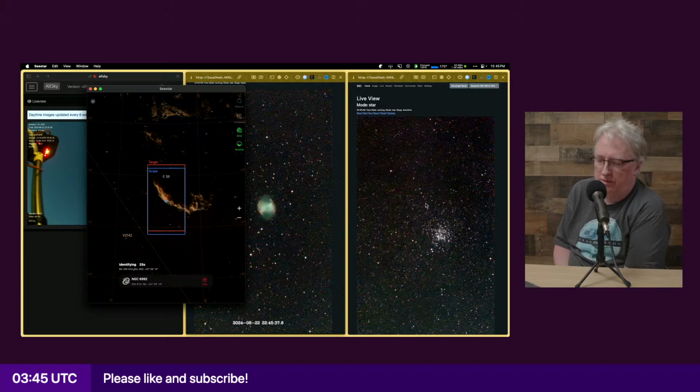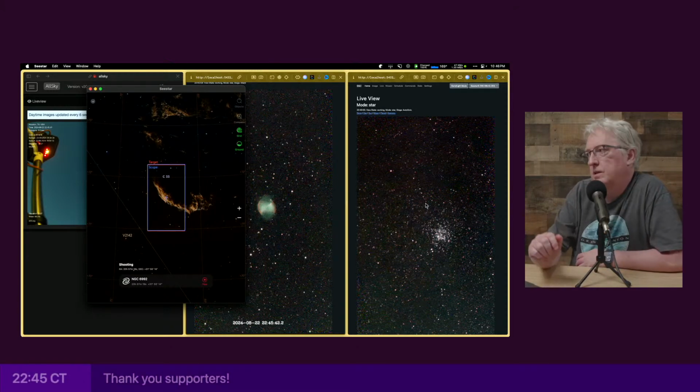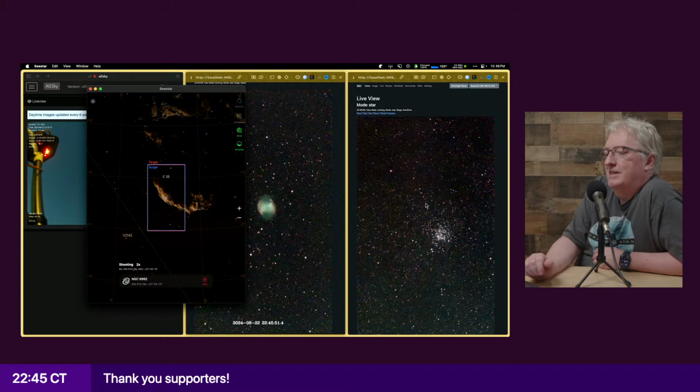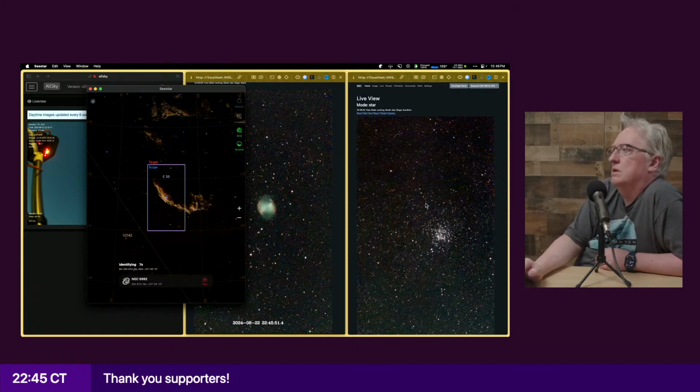That's the next thing I need to fix, since I have all the pieces. My watch was out of power, so I had to charge it. But yeah, it's one of the next things I need to fix since everything's working together in one program right now.